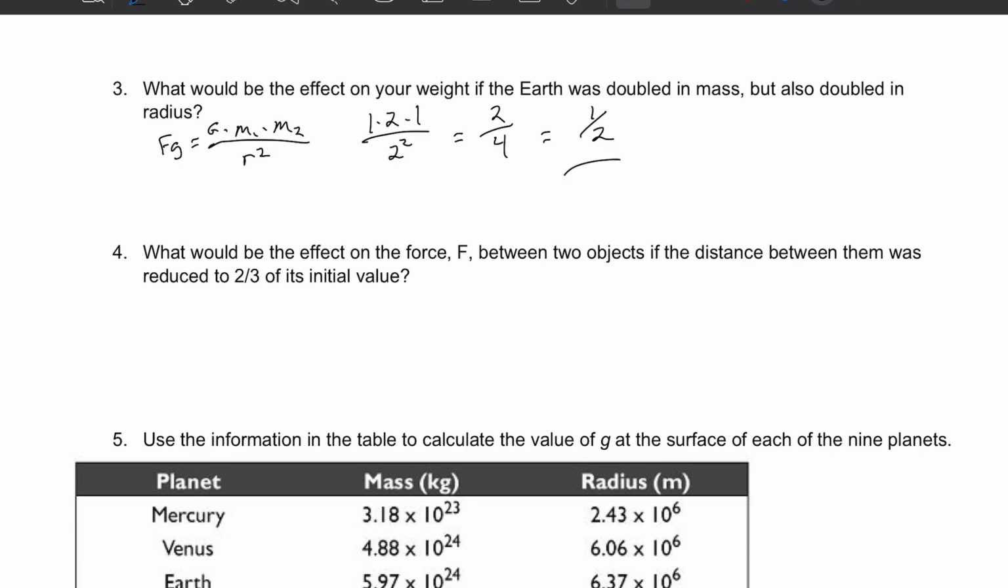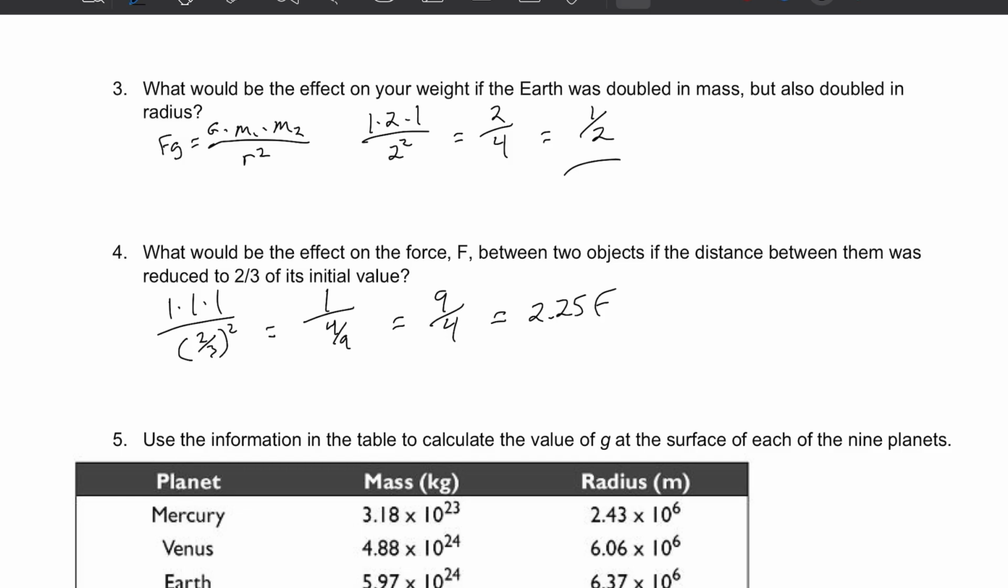What would be the effect on the force between two objects if the distance between them was reduced to 2/3 of its initial value? So again, 1 times 1 times 1 over 2/3 squared. 2/3 squared would be 4 over 9, 1 over 4 over 9. And 1 over 4 over 9 is the same thing as 9 over 4. So 9/4. And if we put that in decimal form, which is always better than fraction, 2.25